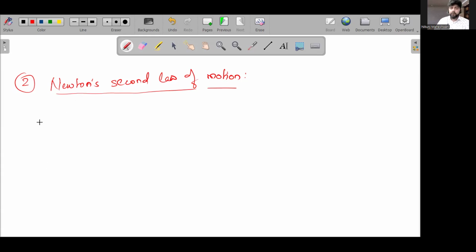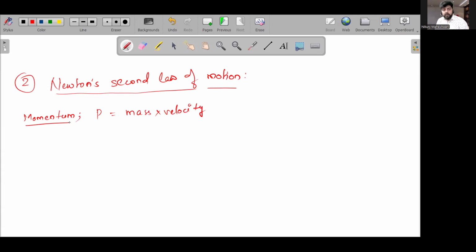Before we move to Newton's second law, there is one very important concept that you should recall, not understand. You already know this. You have already understood it in lower grades. You need to revisit and recall this. What is momentum? Represented by P. Momentum is mass times velocity. Please recall, everyone. Momentum is mass times velocity. That is momentum. Now, let's come back to Newton's second law.